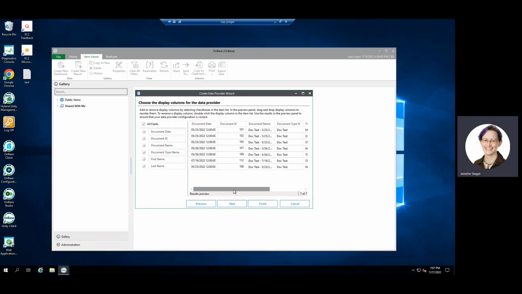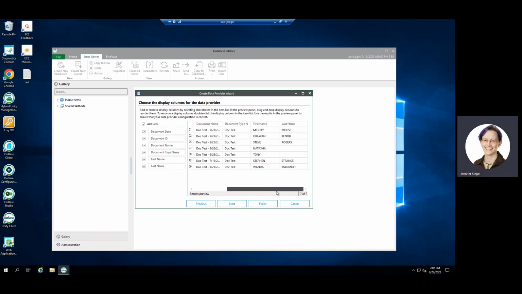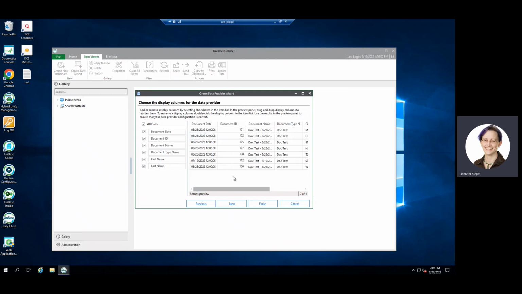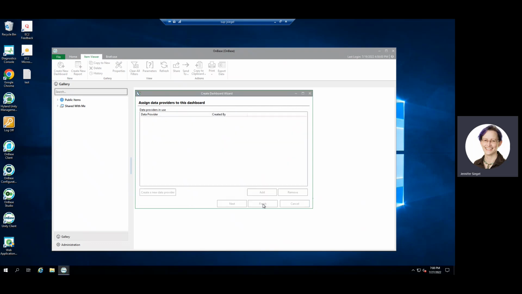All right, so here I can see a sample of the data that it's going to be pulling back. Now, if I had a lot of data in here, this will only ever pull back 100. So if it would normally pull back more than 100 values, it'll say, 100 of many down in the corner here. So you'll never get it to where it's going to sit here forever trying to pull back 3 million records. It'll stop at the first 100. Okay, but that's just here at this level. So once you actually go to use it, it will try to pull back everything that you ask it to.